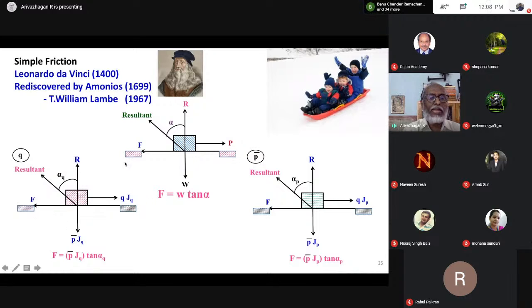Here I draw the diagram, the particle affected by shear stress alone. Here, this is the particle affected by effective normal stress alone. So see here, Q into JQ, that is the applied force here. That is stress into area. Q is a stress, so this JQ is the area. So one more thing, what is JQ? I am putting JQ here because JQ is the surface area of the particle per unit area of the sample. Therefore, this term becomes non-dimensional.